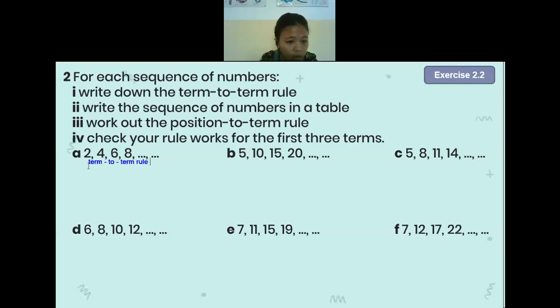Yeah, the term to term rule is add 2. Is there anyone who is confused about finding the add 2? Okay, after you know the term to term rule is add 2, you need to find the